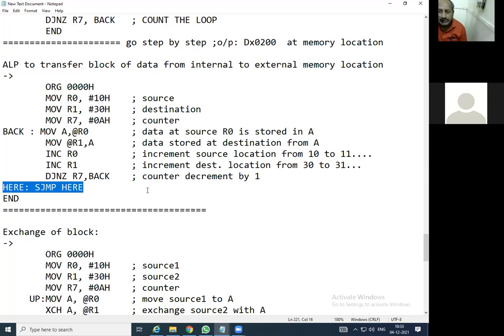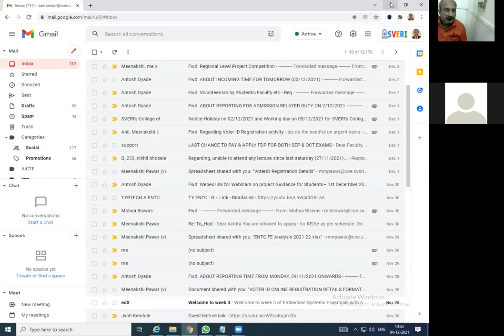So now this is totally the theoretical part. Now how is it going to be implemented practically? So we are supposed to just open the Keil software, put this code there, and check the memory location. How to check the memory location, that is a new part for you. So today we will see that here. So now I will just open the Keil software.